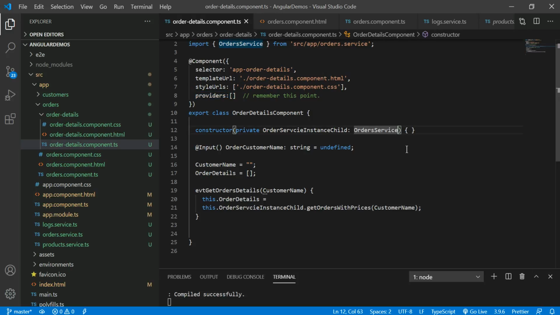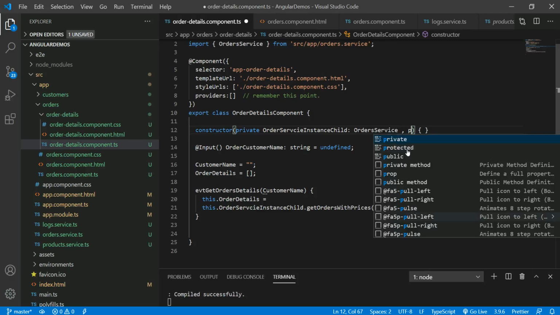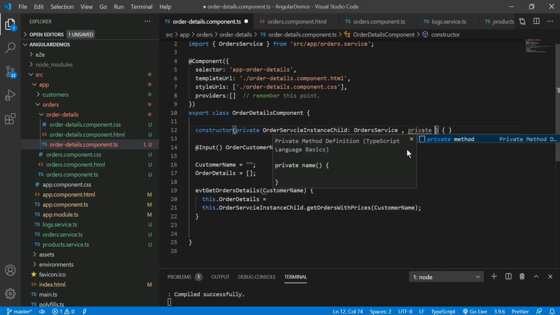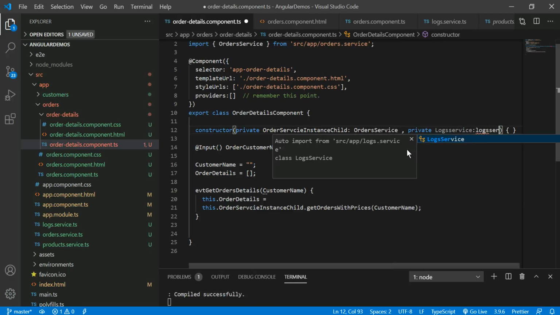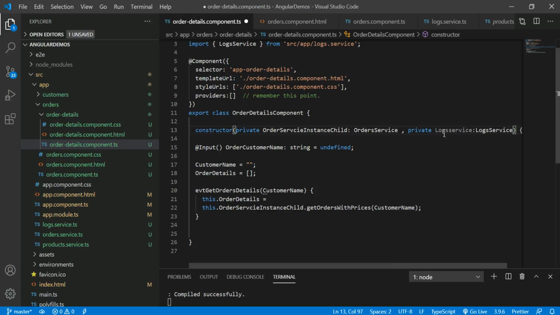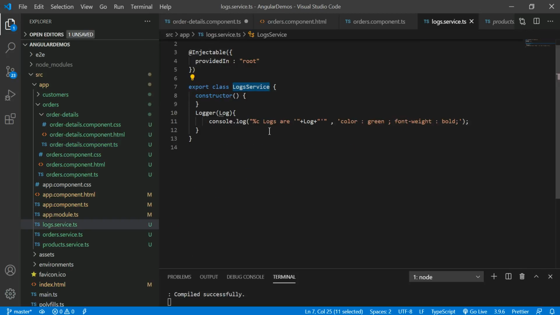Okay, and let me add the reference of that log service. Based on this log service I can call this method, logger.